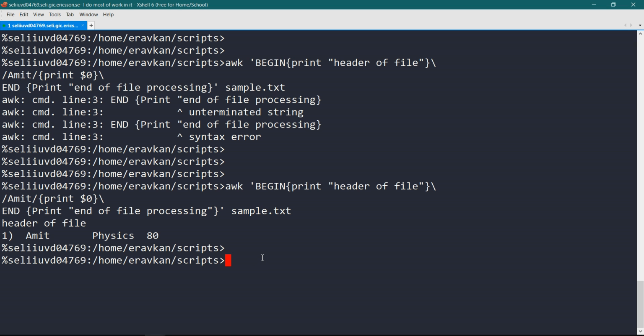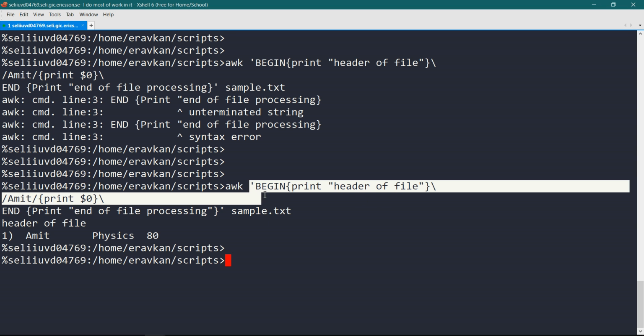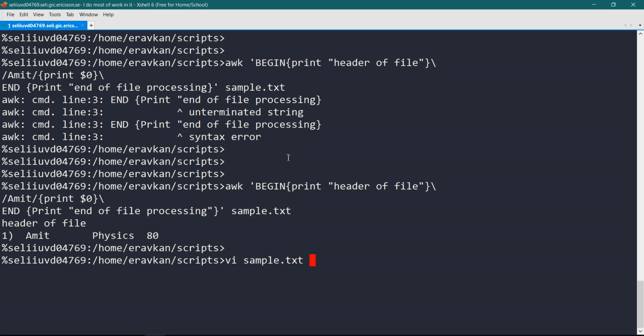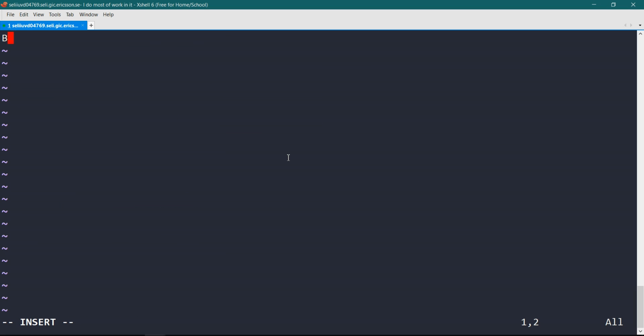Okay, let us proceed to a different way. Suppose you don't want to write such a big command, then you can create a file. Suppose I create a file sample.awk, and here I put my BEGIN statement: BEGIN print heading of file, and I enclose it.